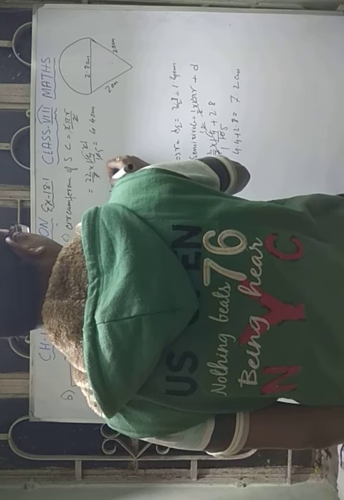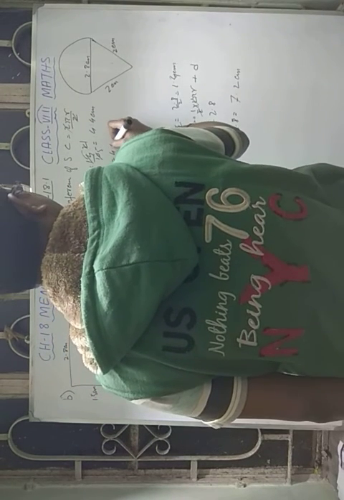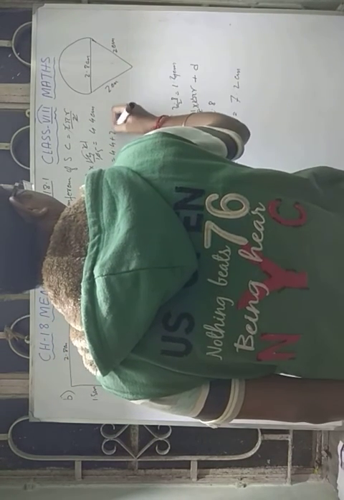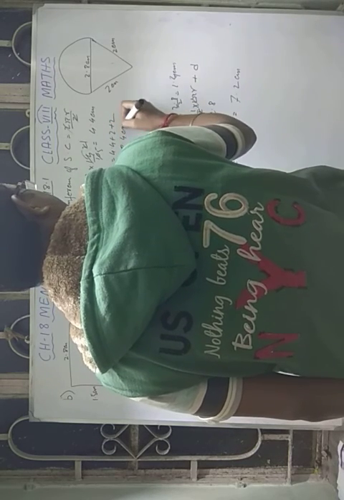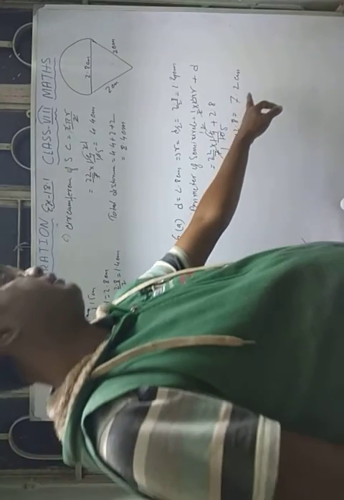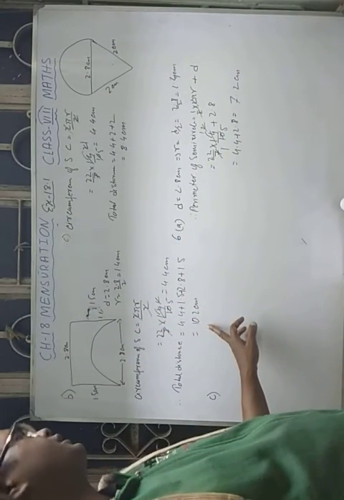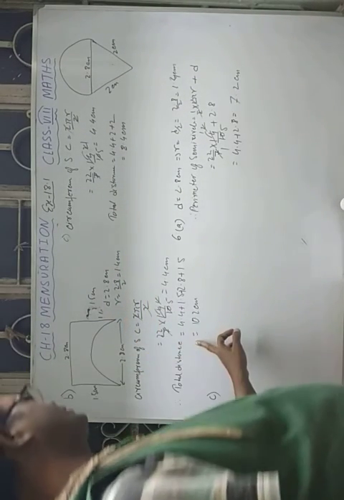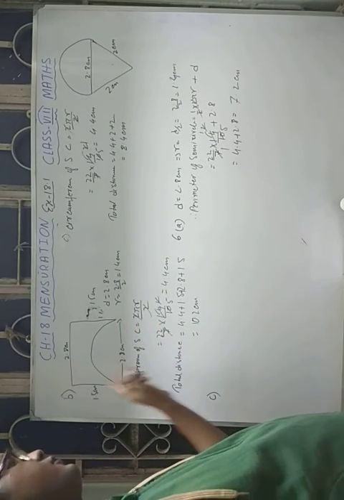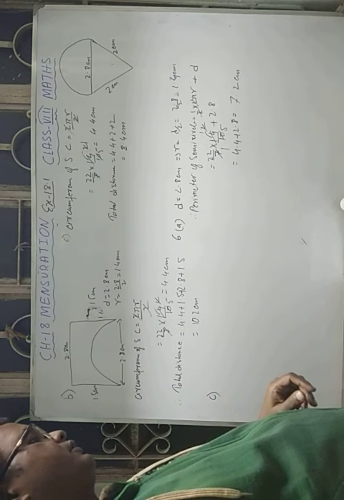So therefore, the total distance traveled by the ant is 4.4 plus these two portions, 2 plus 2, that is equal to 8.4 centimeter. So in the first portion, the total length traveled by the ant is 7.2 centimeter, the second is 10.2 centimeter, and the third is 8.4. That means in the second portion, the ant has to travel a longer distance to eat the food. So in this way you have to find this question.